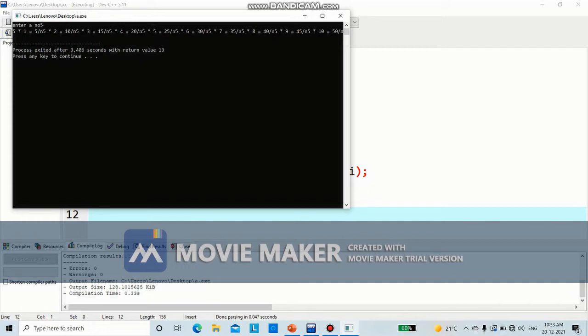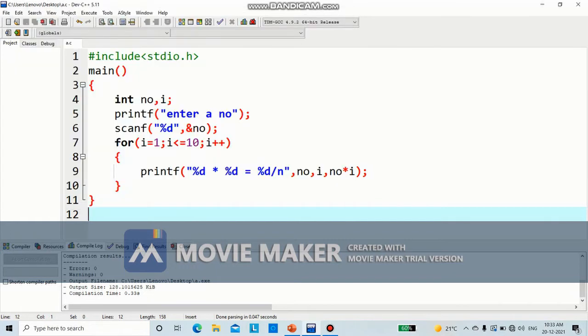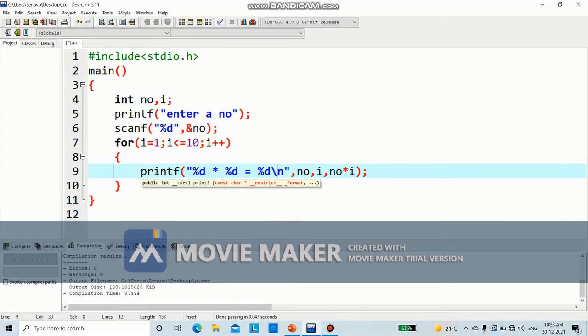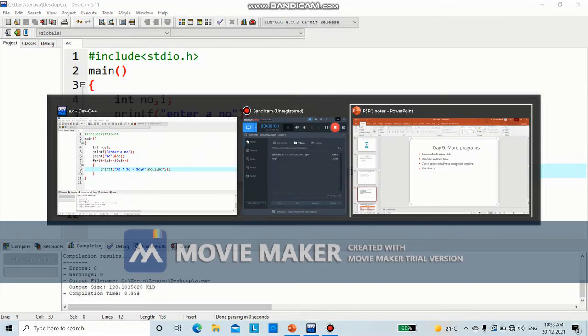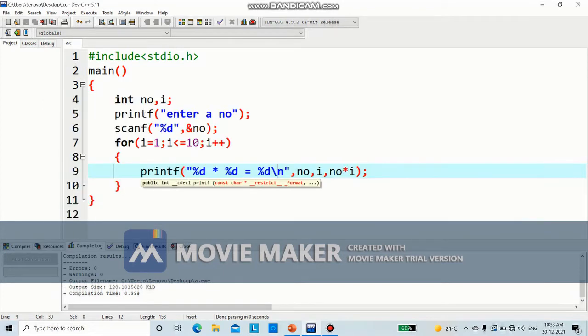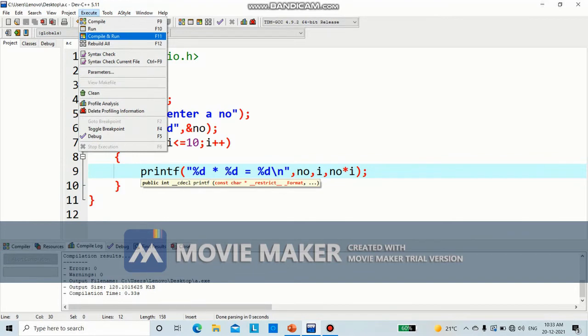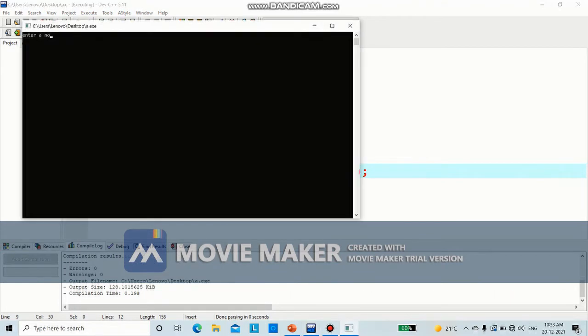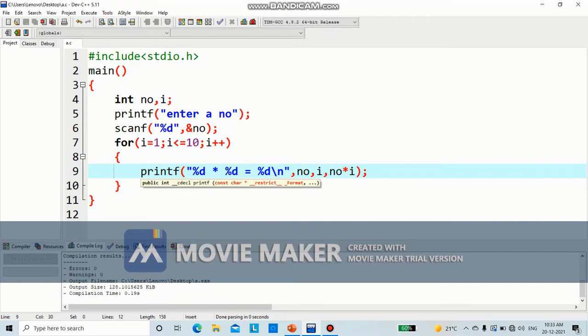So okay, it is not coming on the next line. I gave the slash in the opposite direction, so I should have given this one. Let's save it and run it again. So 5, now it is coming like this. Okay, so this is the way how we can print a multiplication table. The same way we can print addition table also and subtraction table also.